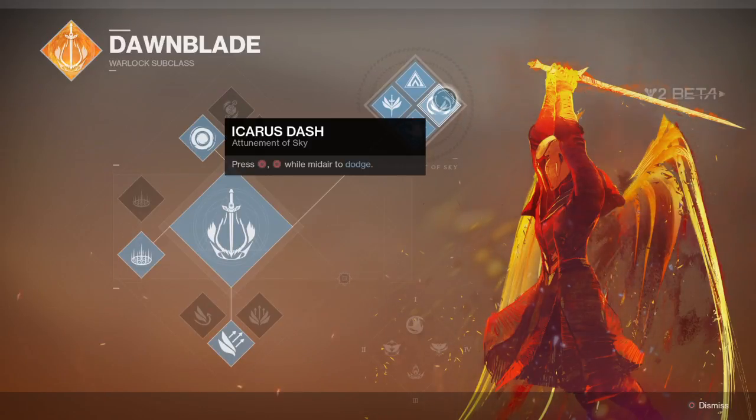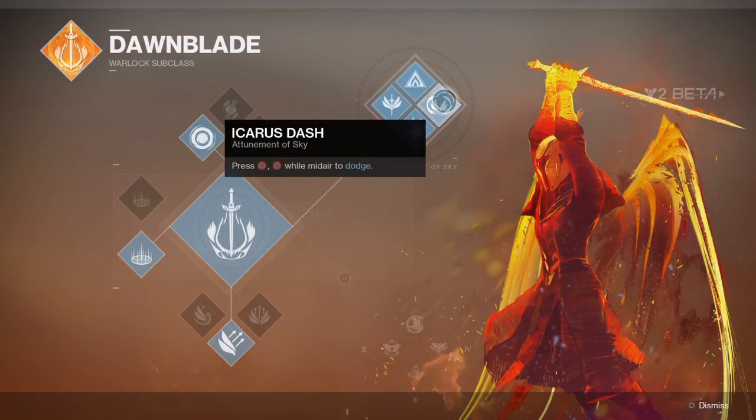And I'm very glad that the Icarus Dash cooldown is only 10 seconds, because honestly, I feel like that's pretty fair. It's a mid-air dodge, but you can still pretty easily kill people that are dodging in midair if you're able to track them. So, honestly, I think this is also a big deal for PvE, because sometimes midair dodges save your ass in